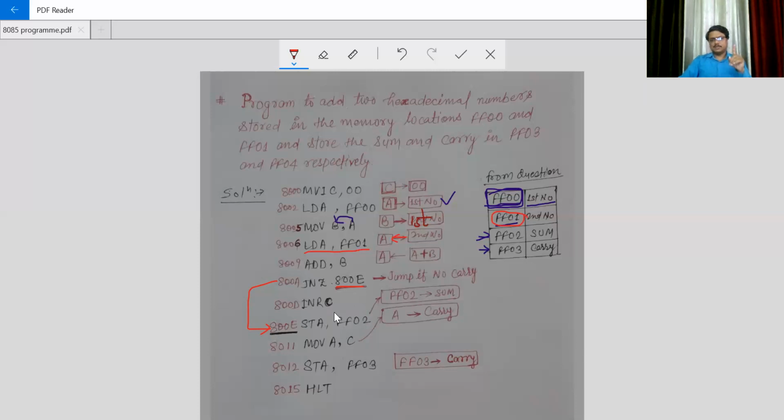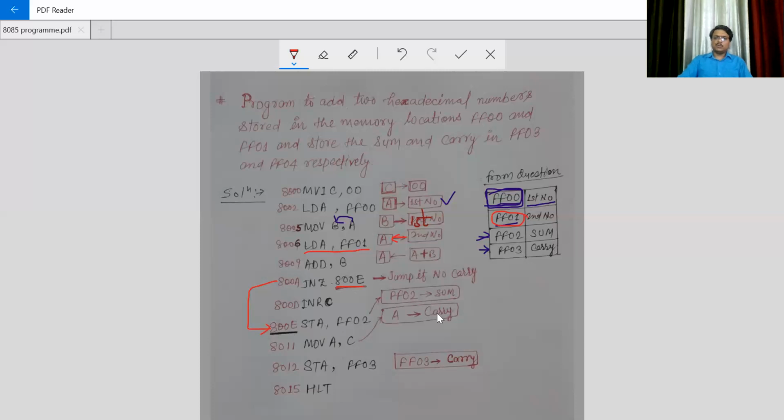What was the value in C? The value was 00, and now if it is incremented by 1, its value will become 1. Then this instruction will execute.